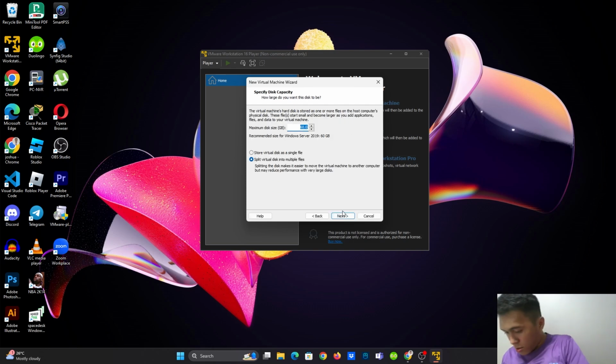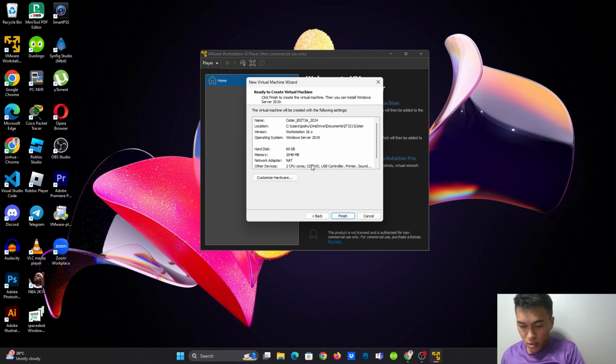Next. So in specify disk capacity, we will set the maximum disk size to 60 gig, or we can also use the recommended size, which is here. The recommended size is 16 gig. Then select store virtual disk as a single file. Then click next. So review the virtual machine.